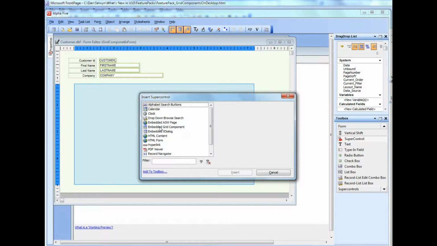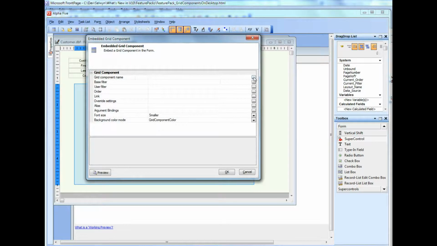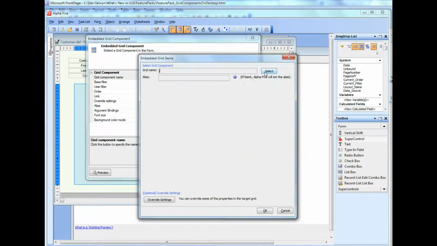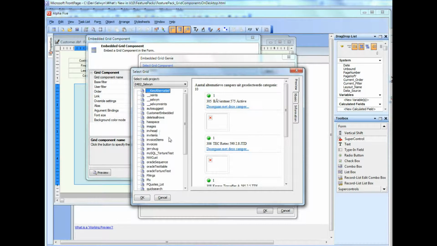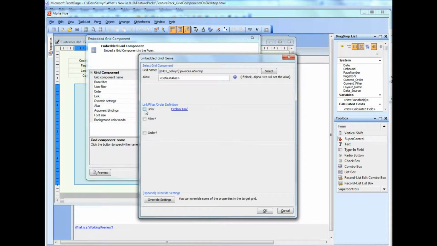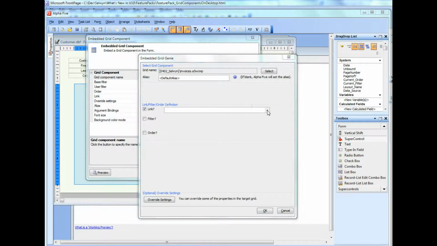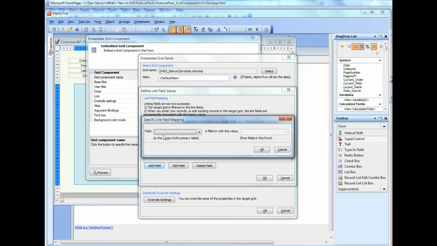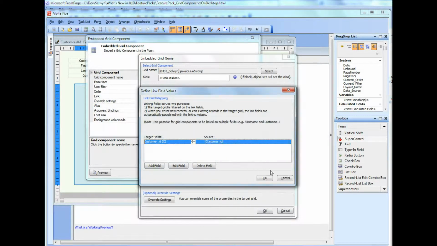So we'll choose the embedded grid component super control, and now let's go to my list of grid components and choose the invoices grid, and now let's link that to the current record that's displayed in the form. So we can go here and we'll say we want to link on customer ID, matches customer ID, and then